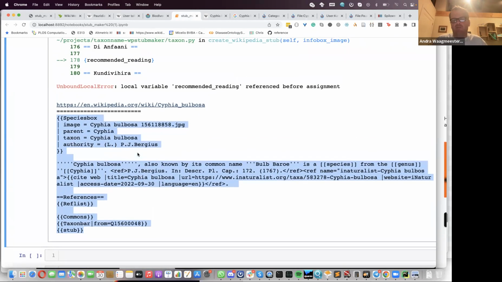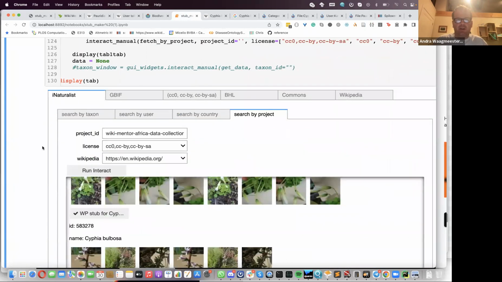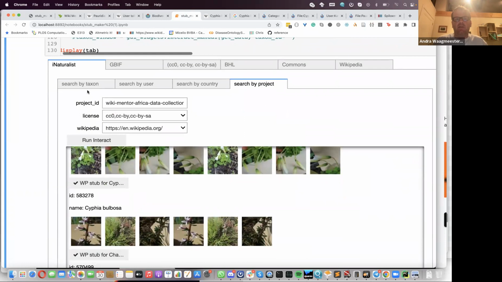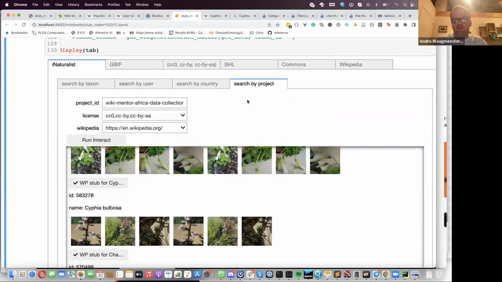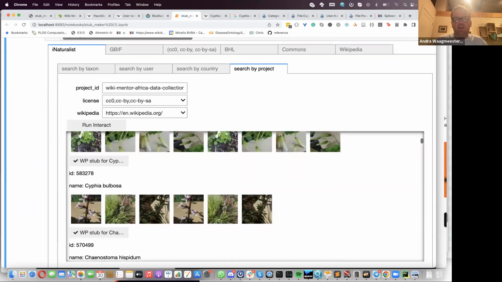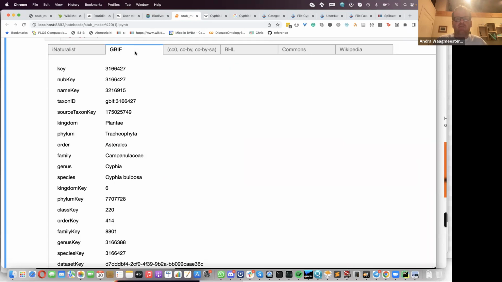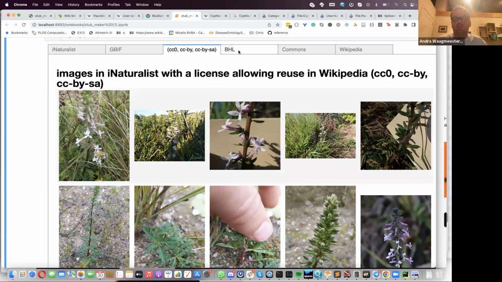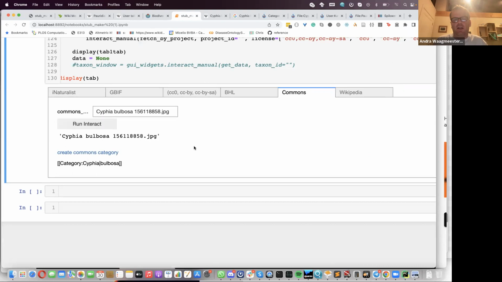And if you have written other Wikipedia articles, it would take a lot more time. So what the stub maker does, it checks, for a taxon, for a user, for a country, or for a project, which articles need to be written. Then we push on a button. When you push on the button, it collects data from GBIF, from Commons, from the BHL,